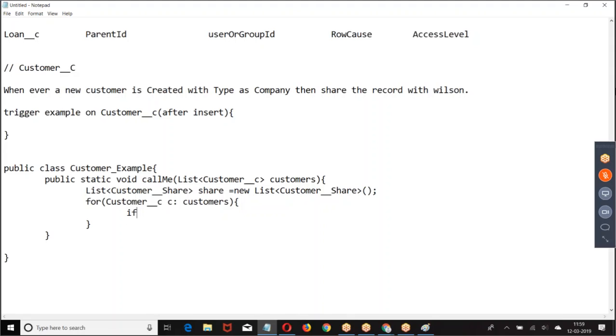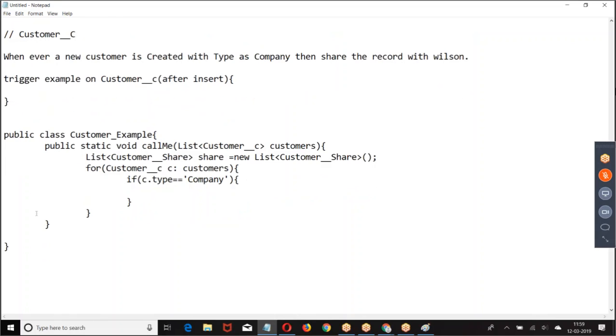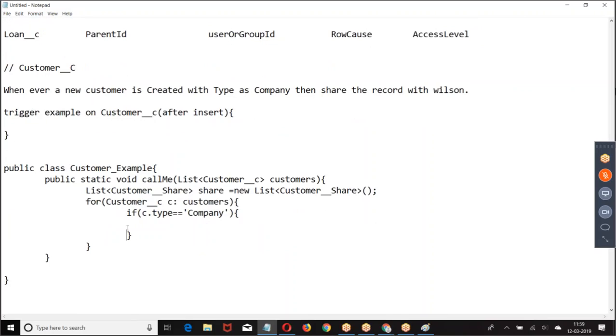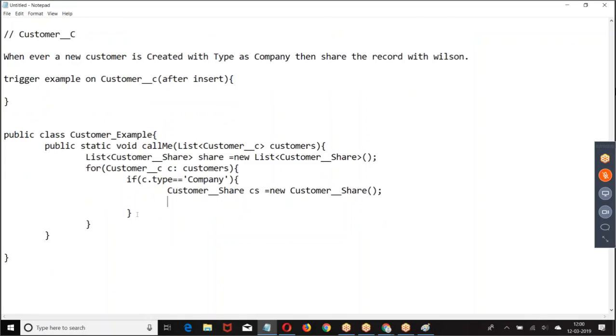Here we are giving if C dot type equal to company. If C dot type equal to company, share the record with Wilson. Then I was supposed to give share.